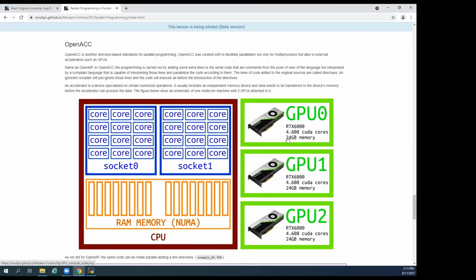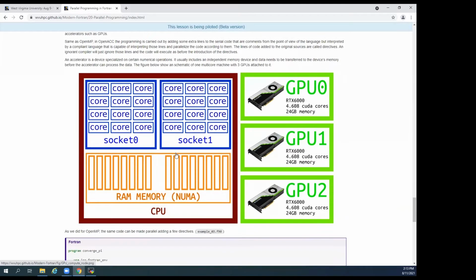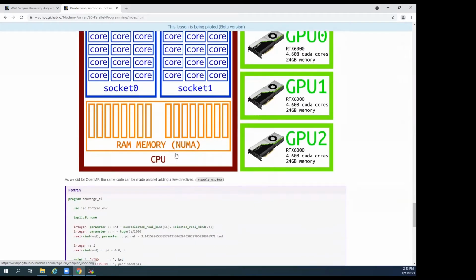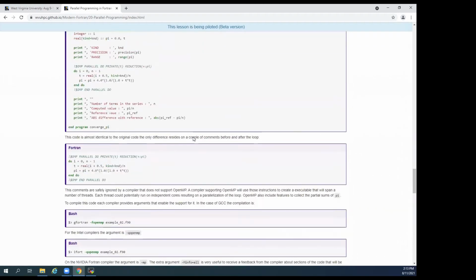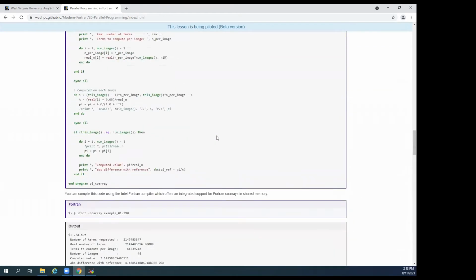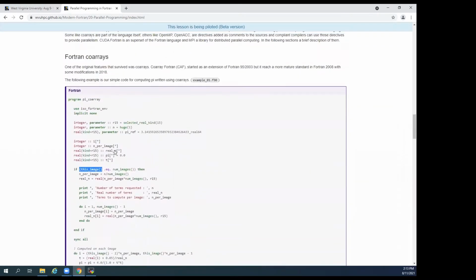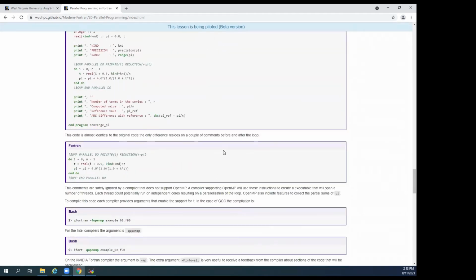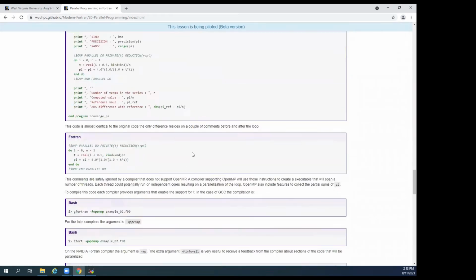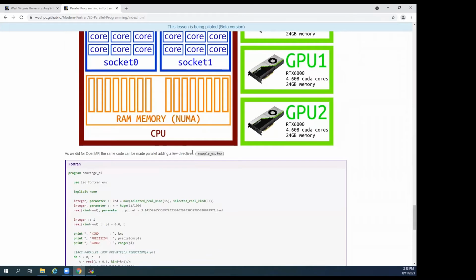So it's different. So don't compare 4,000 CUDA cores with 24 cores. It could be misleading, that sort of comparison. So here, what I did yesterday was presenting basically the same code or the same algorithm for using coarrays, using OpenMP, and this one is the equivalent